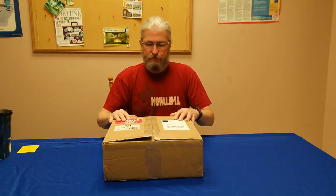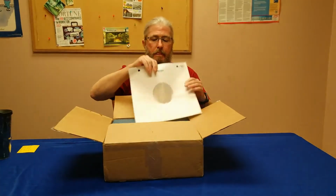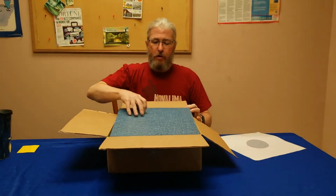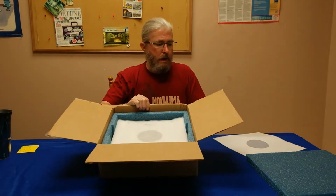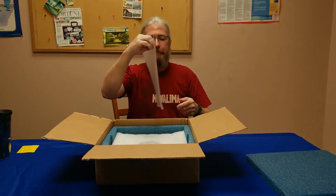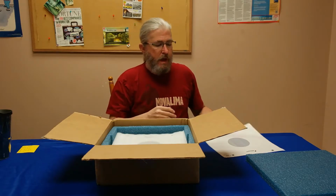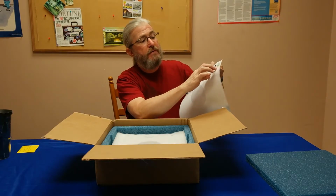they send you a box to ship your records in. This is a 16 LP box. It's kind of big for that, doesn't it? Well, there's a reason. When you open it up, you have thick foam on top, and then the box is lined with foam, and you get record sleeves inside. Very good record sleeves, I might add. And what you do is you take your record out of the jacket and out of the sleeve and put it in one of these sleeves. And see, it says, I don't know if you can see it, Perfect Vinyl Forever, there's a sticker on it,